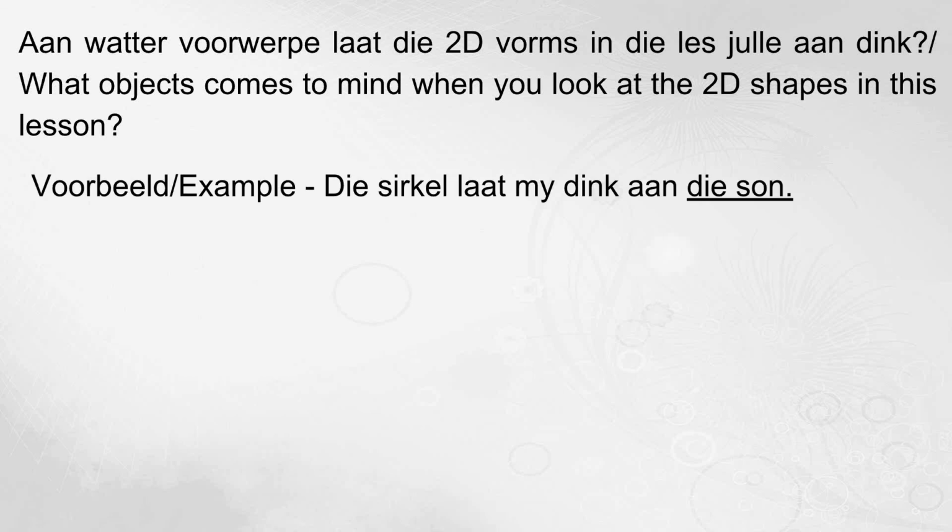The example was, voorbeeld, example, die sirkel laat my dink aan die son. Note that these are not fixed answers. Your answers might be different depending on what objects you thought of. To just give you a guideline, my answers were: